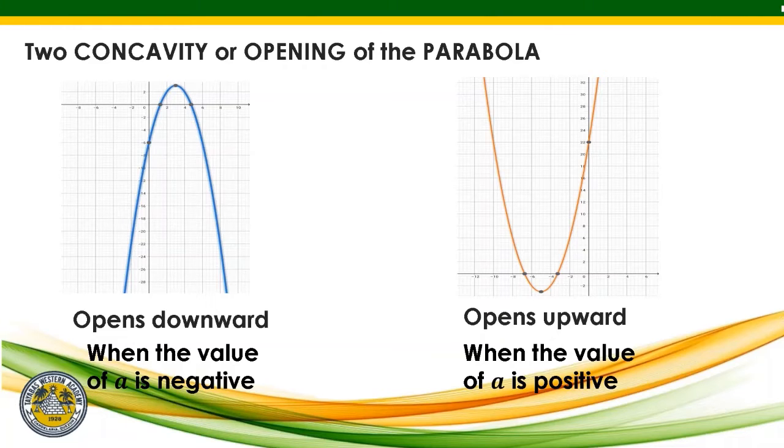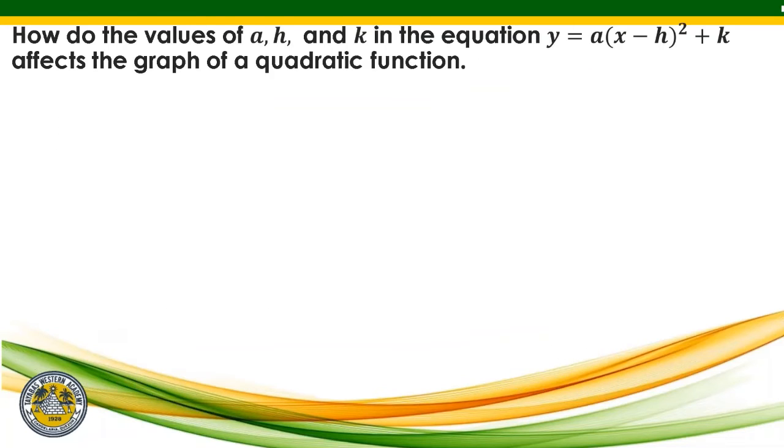Kapag negative or kapag positive. Okay, how do the values of a, h, and k in the equation y is equal to a times x minus h squared plus k